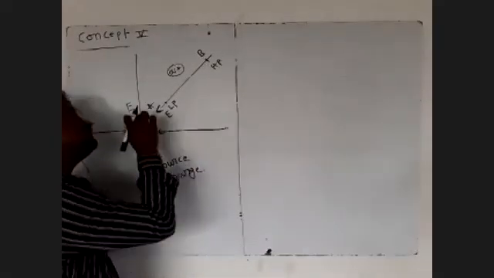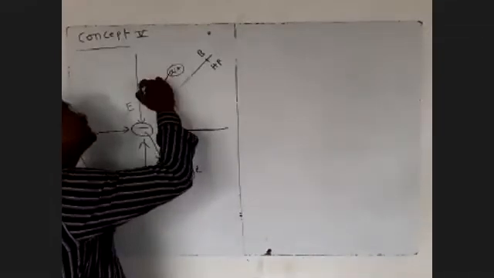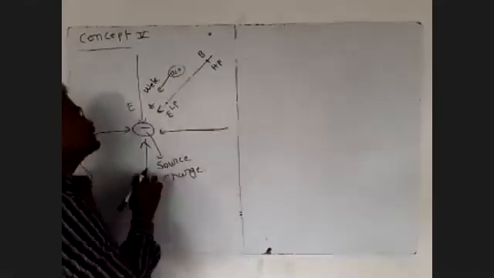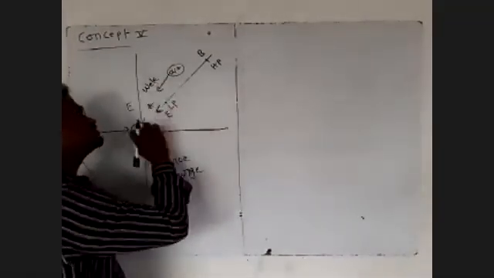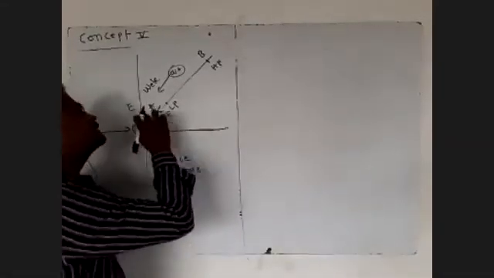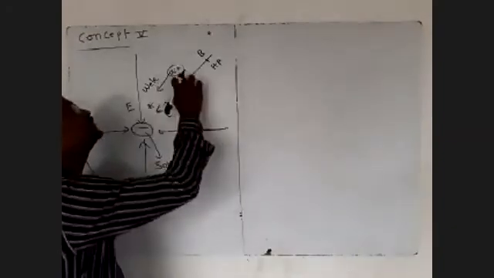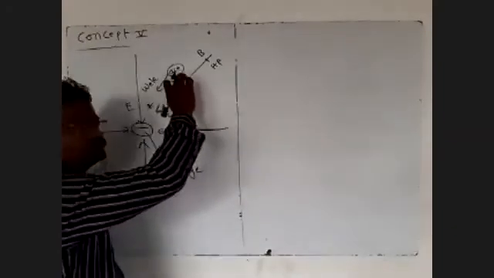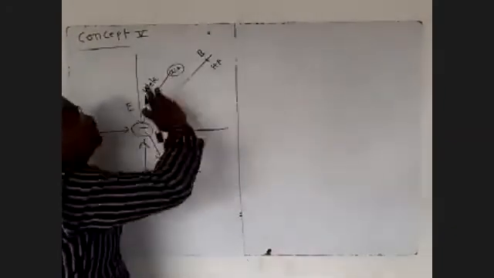This negative charge will attract positive charge in this direction. That is what we call the work done by the electric field, W electric. So this is a negative charge and this is positive. This negative charge will attract a positive charge in this direction. That is electric. Now, we want to push the Q naught from A to B.